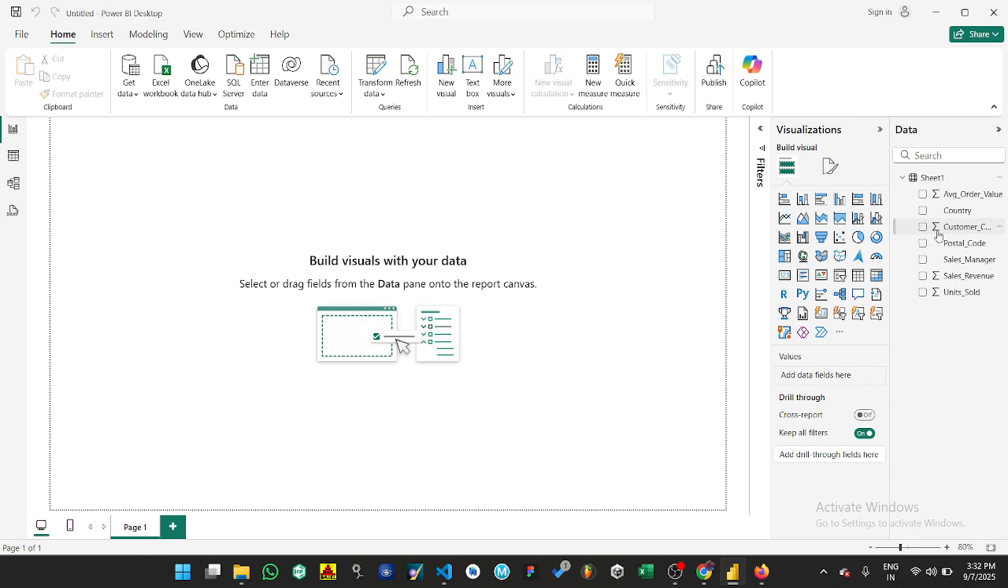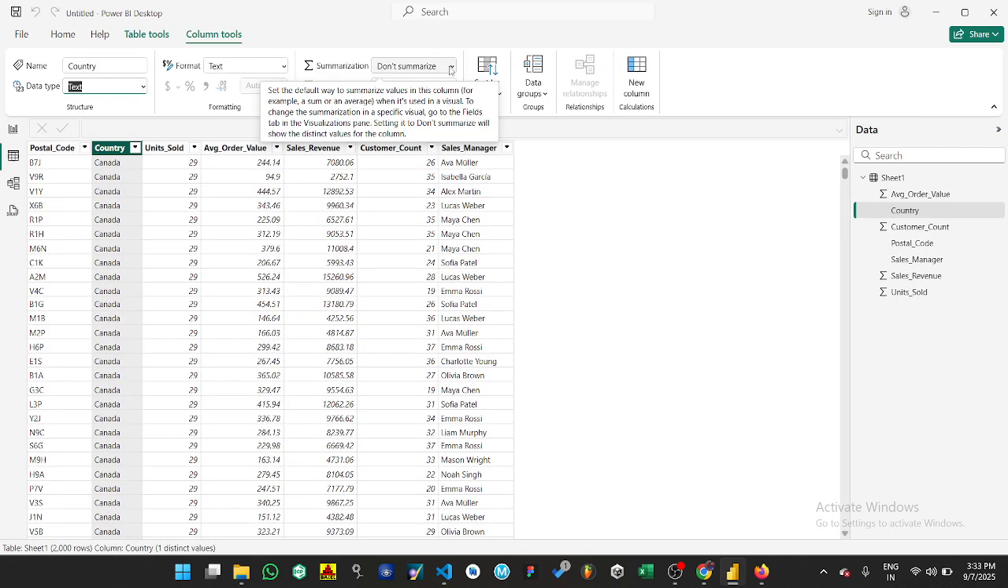If here 1 2 3 are there, then they are showing the relationships between them only. Firstly, we are clicking on country here, and in this country we define it as text. And the format is text. In this summarize,